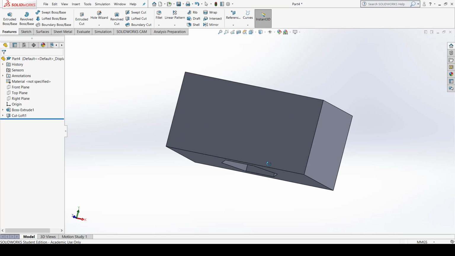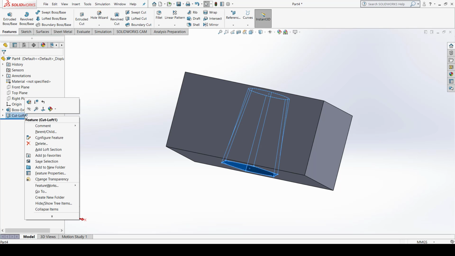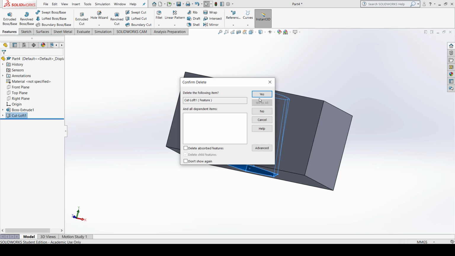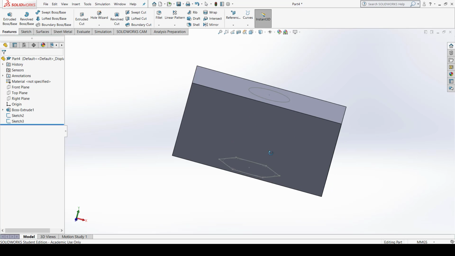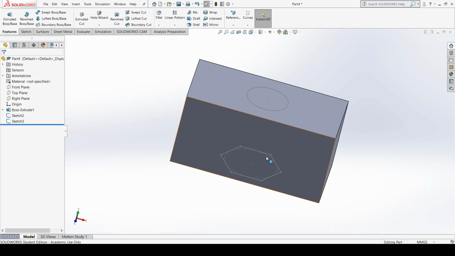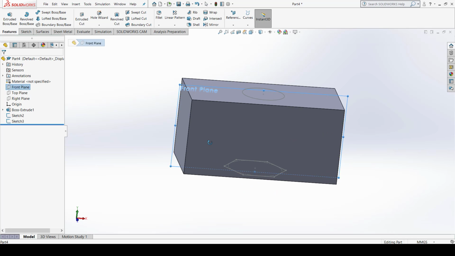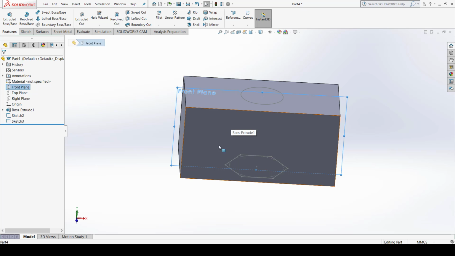Second, we have to select the profile and provide a guide curve. For that, what I do, I just delete the loft cut command here, and the sketch will remain intact. So you can see the sketch profiles remain there, but the loft cut command is removed. So first of all, I have to select the front plane. Now why is the front plane used? Because I have to create a guide path. When I create a guide path, the cut will move along that path and the material is removed along this path, and your cut will appear as per the path movement or path direction.